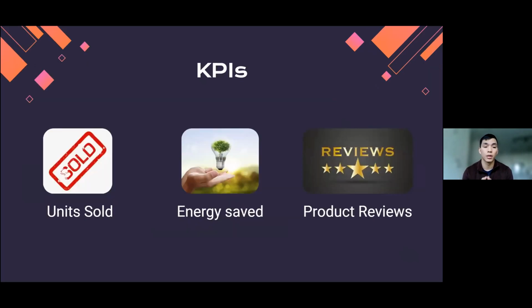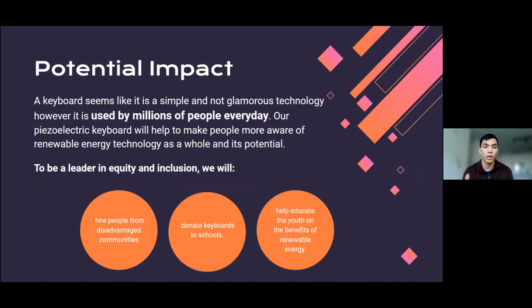So KPIs: units sold, energy saved, and product reviews. These are really going to help determine, are we going to be successful, and is this technology well received throughout the customer market? So the potential impact that our piezoelectric keyboard is going to have is that, although keyboards seem like they're simple and not glamorous, they're used by millions. I'm sure that every one of you uses a keyboard every day, so having a piezoelectric keyboard will just help the regular customer market, again, adopt the whole renewable energy